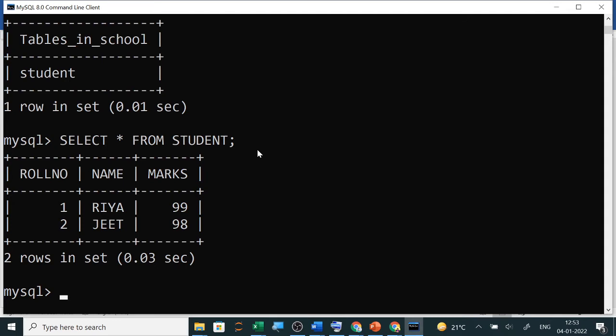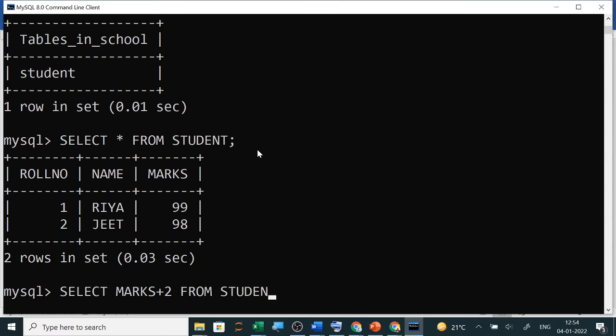Now I want to see my operations, that is, I will use operators. First, the arithmetic operator. To use the arithmetic operator, you can add to marks with the plus sign and display it. Suppose I want to give grace marks of 1. So I will select marks and add 1 to it, or 2 to it, and then mention the table, from student.